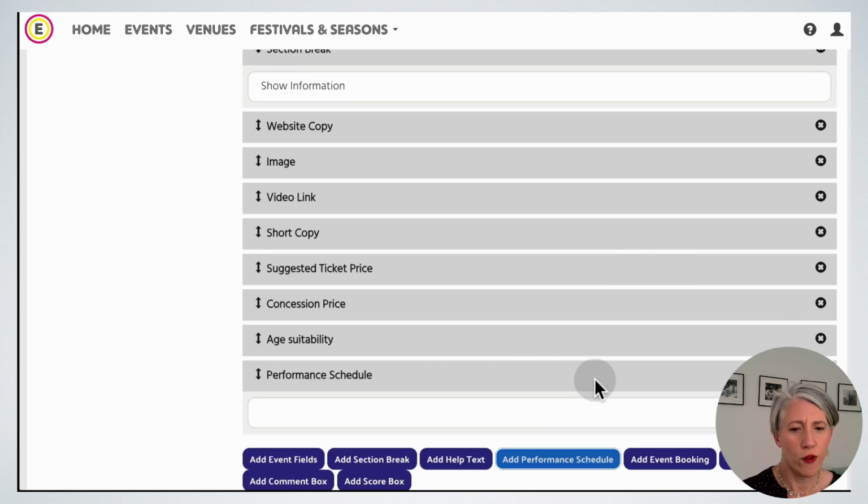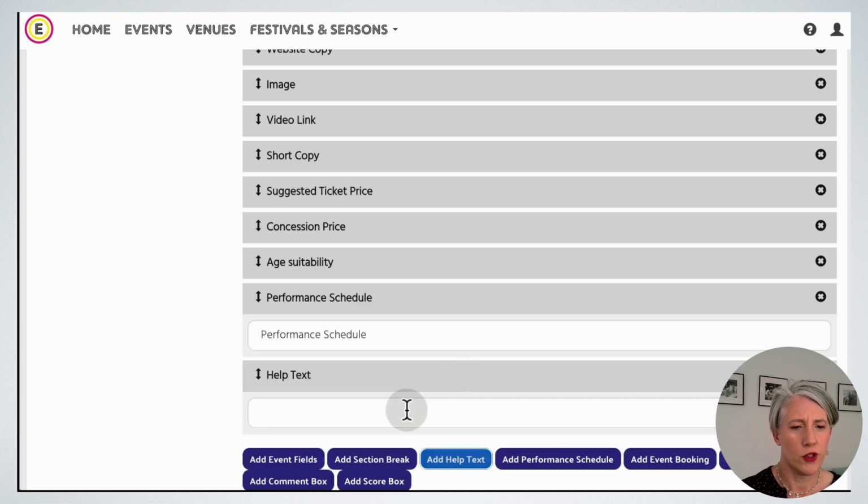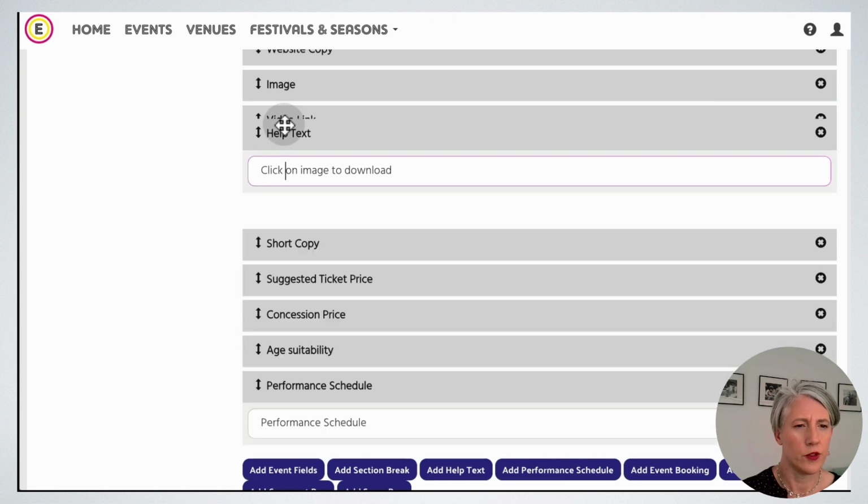Now I'm going to add a performance schedule. So I'm just going to give that a title. And I'm going to add some help text, just so you can see how that works. So I'm just going to explain how to download the image there. I think I need to change that. So drag and drop that